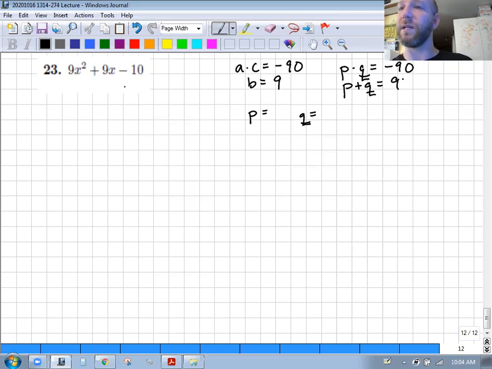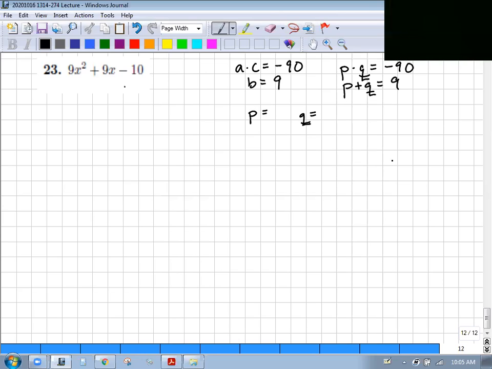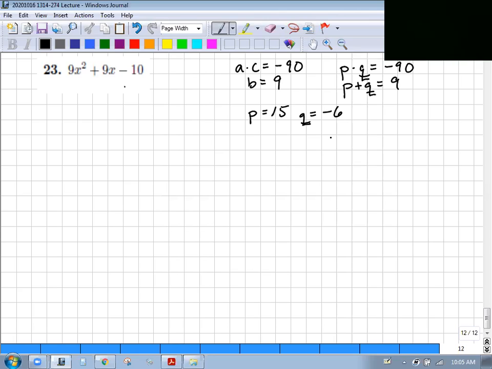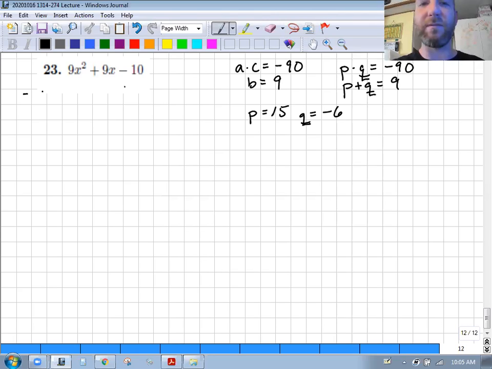Let's see, what can we multiply to give us 90? Any ideas? What is 90 divided by 15? Is it 6? 15 and 6. That would work, right? If we had a 15 and a -6, they multiply to give us -90, right? Yes. And they add to give us 9. So we can rewrite this guy